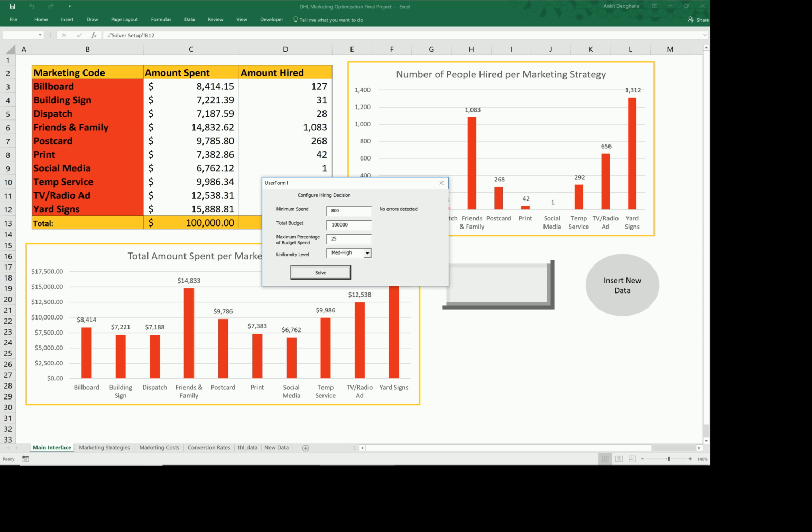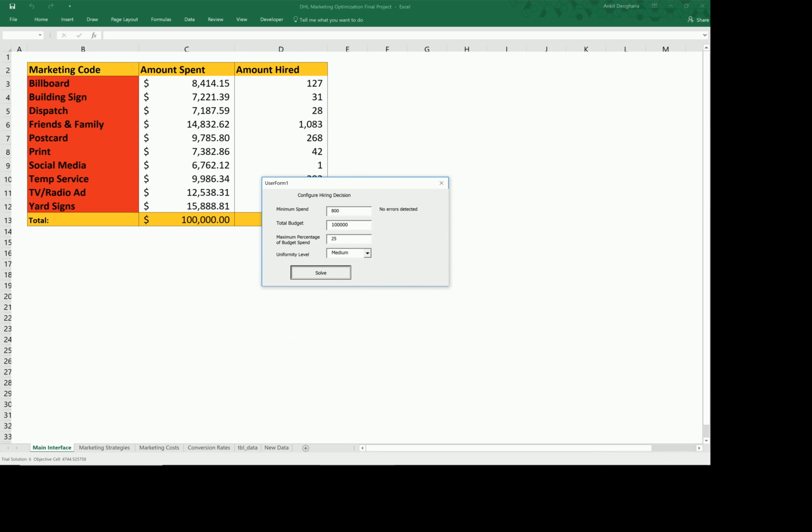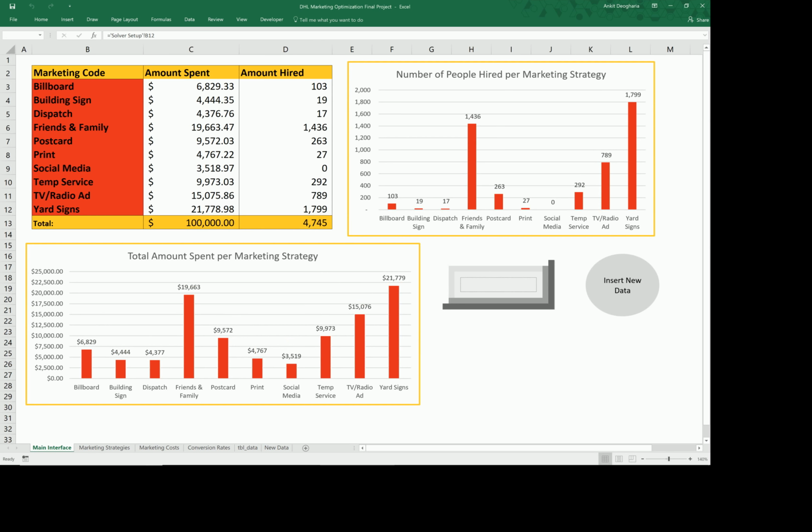This uniformity level, what we call it, determines the spread of how much we spend between the highest and the lowest categories. So if you're not sure about what to do with that, you could keep it on medium, or if you want no influence on the algorithm, then you can just hit low. So I'm going to solve it with medium, and we can see that this is the total amount you should spend across each marketing strategy to